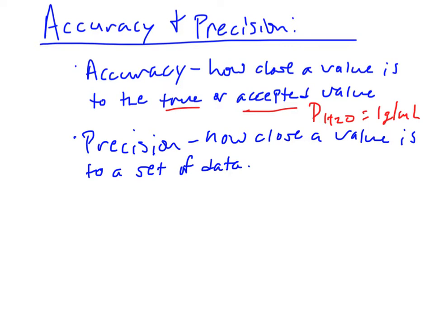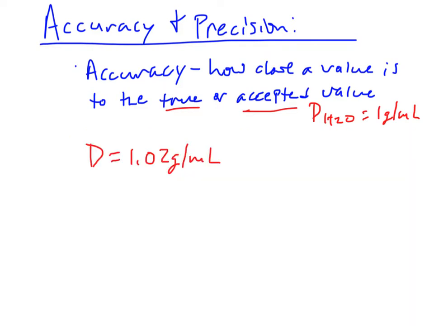1.00 grams per milliliter. So we have 3 significant digits in our accepted value. That way, when you're doing your experiment, if you come up with 1.02 grams per milliliter, for example, you were good on your measurement for the first and the second significant digit. It's just that the third one is where you lost accuracy. So the accuracy and precision and the sig figs really do tie into each other, and the whole purpose